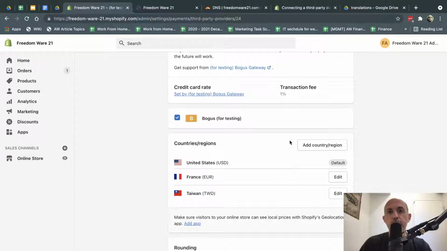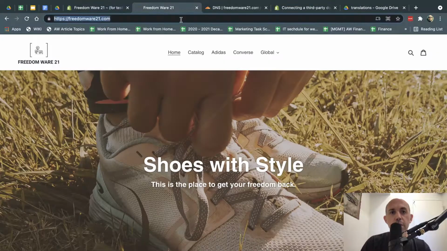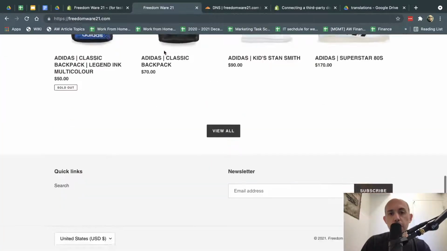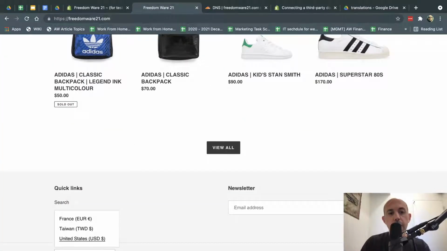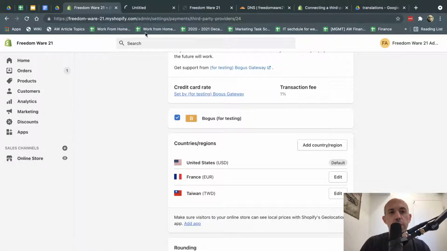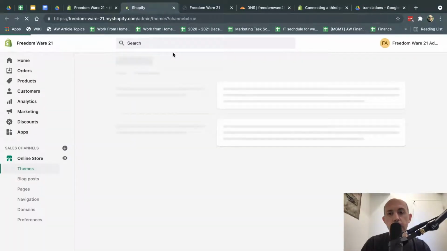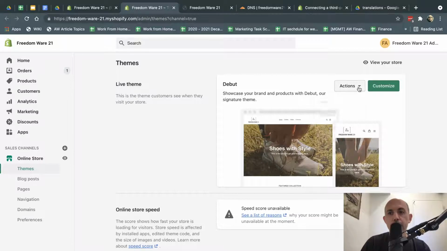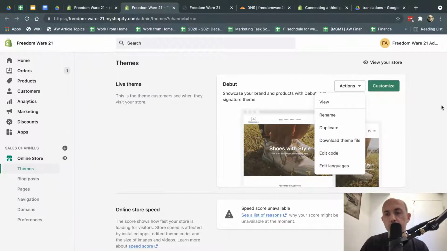Okay, so this is step number 1. If you set up your currencies correctly, then on your theme, either on the top or the bottom, depending on the theme, you're going to have your currency selectors right here. Now, in order to support internationalization, your theme must support it. If your theme doesn't support it, you need a developer to actually do some coding, right? So they have to modify that. So when you choose a theme, make sure there's settings for that. If not, you'd have to edit code, or ask the developer to do that.